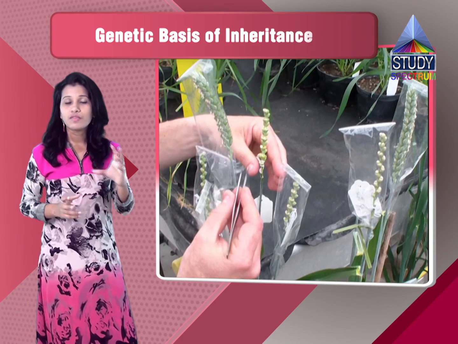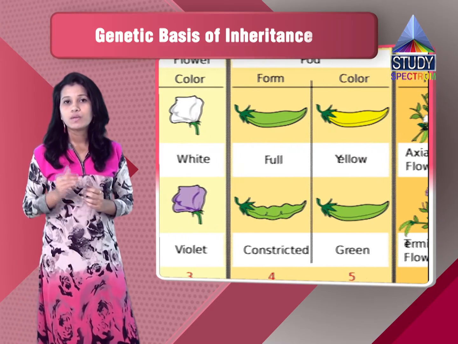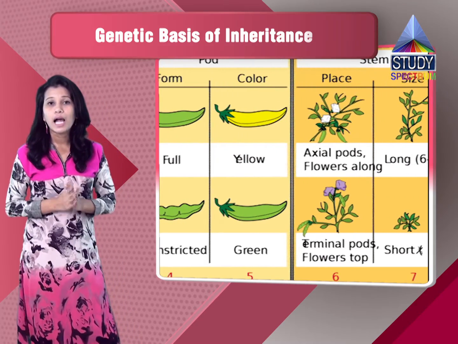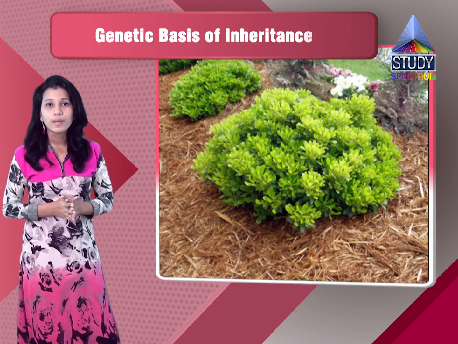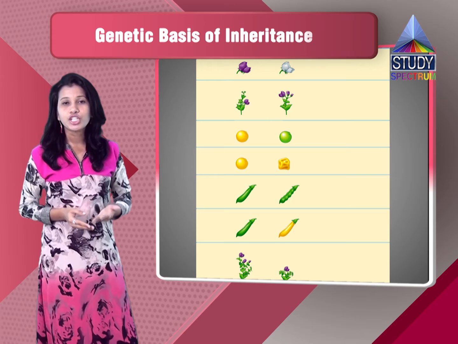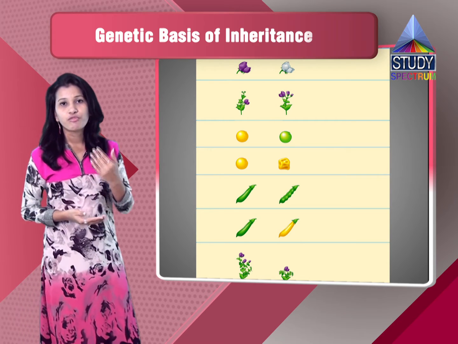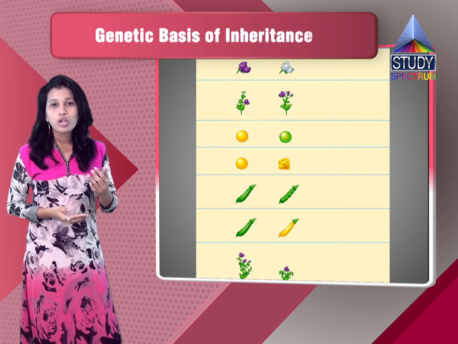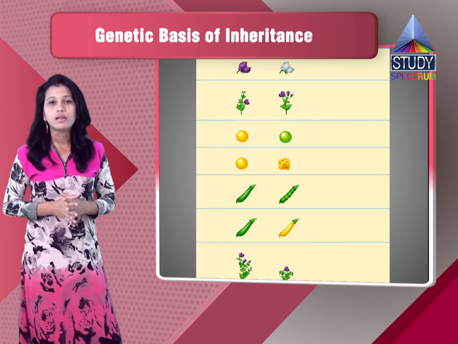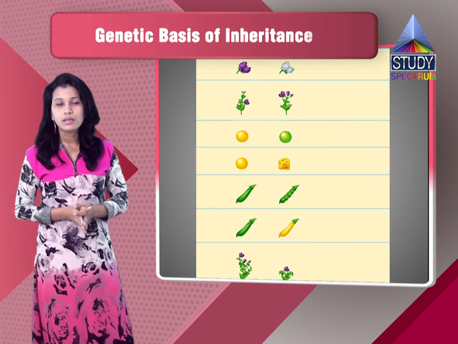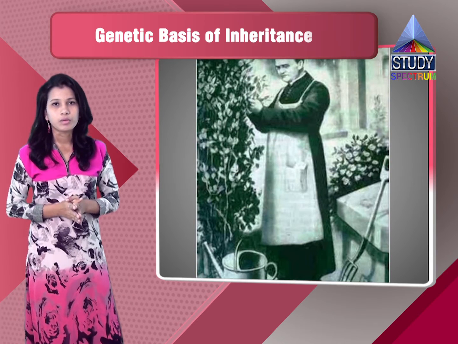We need to explain the seven contrasting characters, the dominant as well as the recessive. For example, if you take the height of the stem, tall is the dominant one and dwarf is the recessive one. Similarly, the seed color, the seed shape, the pod color, the pod shape, the seed coat color, the flower position, the flower color, these were the seven contrasting characters which we need to explain in detail while explaining this answer, that is why Mendel selected the garden pea plant for his experiments.